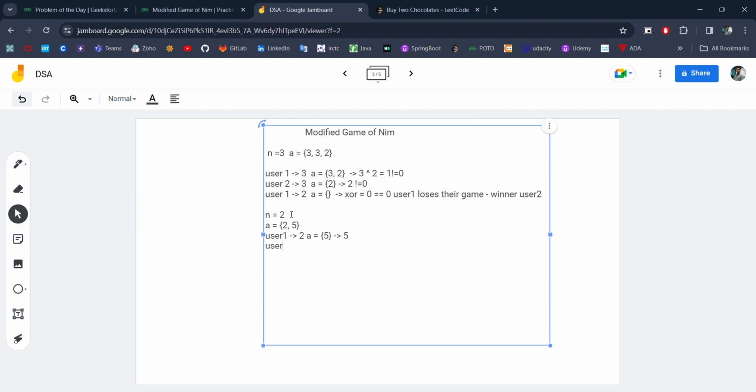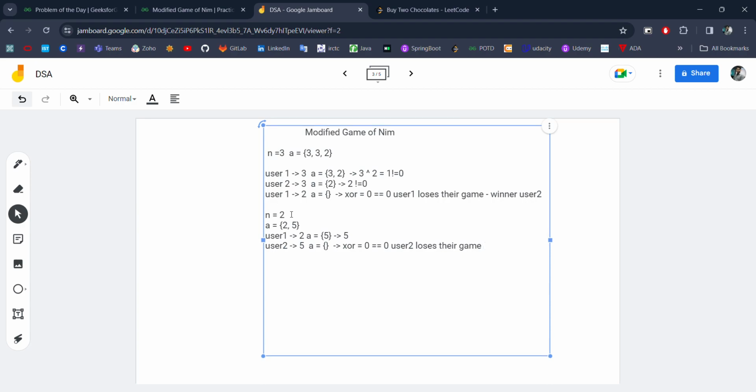And user 2 will pick element 5. In that case our updated array will be empty and the XOR of the array will be 0, which is equal to 0, which means user 2 loses the game.